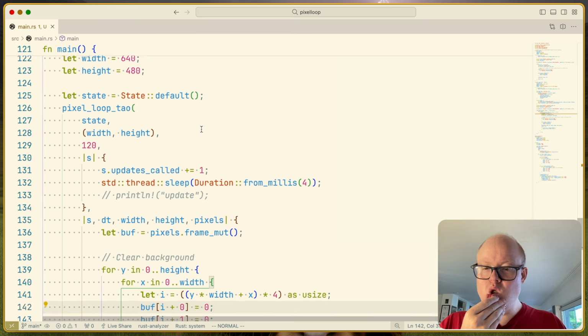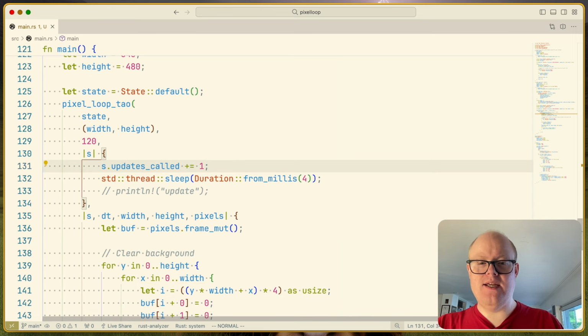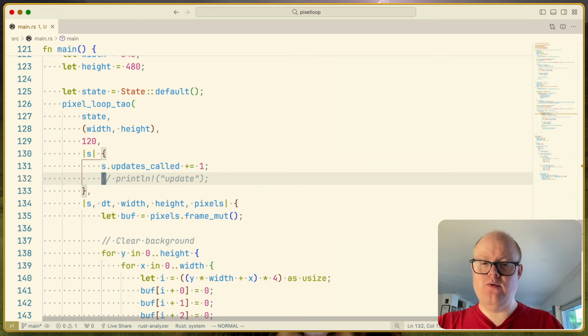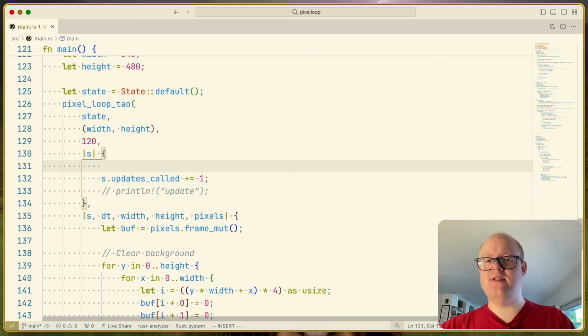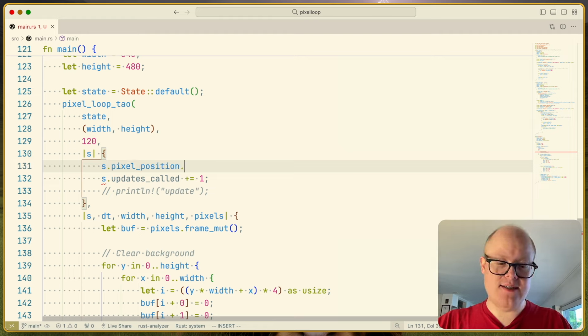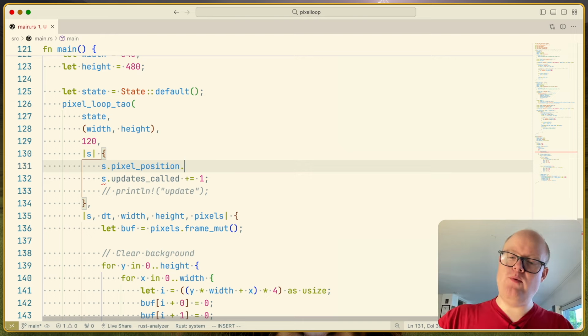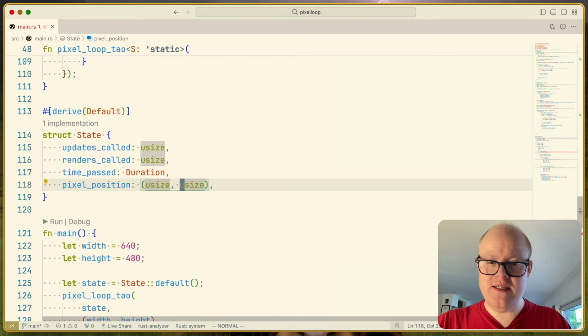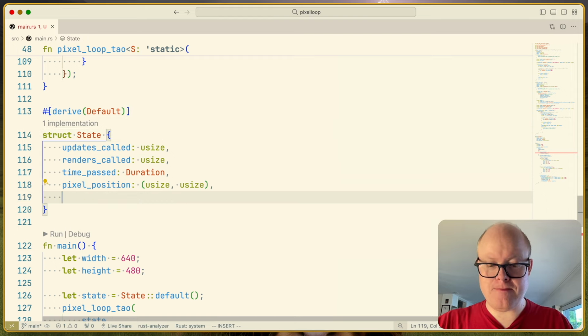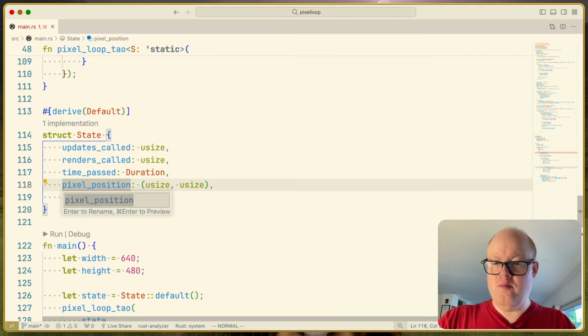Now we need to do something in our update function, don't we? I guess we don't need that sleep anymore. And let's do something like s dot, what did we call it? Pixel position. Yeah, it doesn't make really sense now, but let's move it. Wait a second, pixel position, let's call this box position,